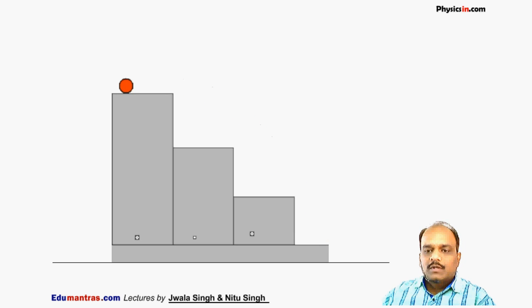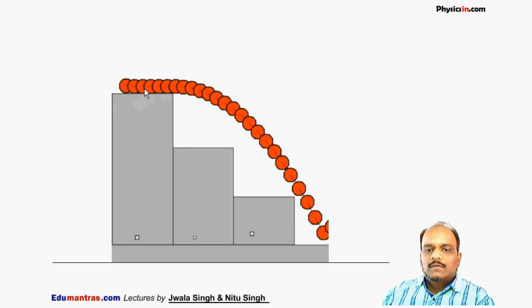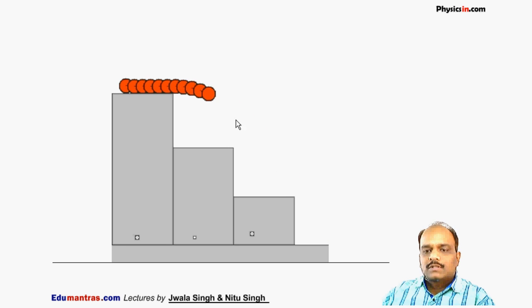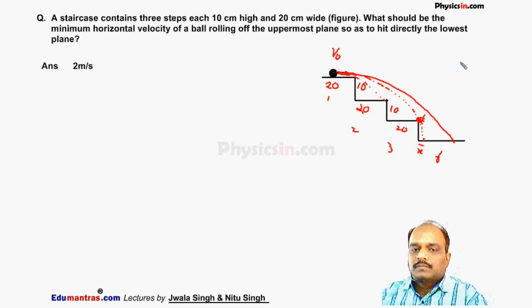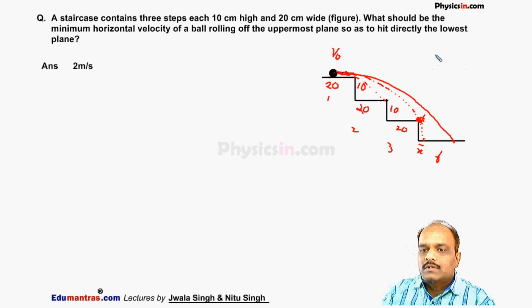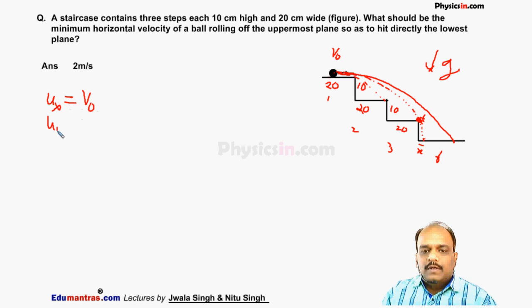When we project this ball, it moves on a horizontal ground. First it slides, and when we throw this ball, it moves horizontally on the first step and then it again starts falling. If it misses the third step, then it will fall on ground. So now in this situation, we know acceleration due to gravity is acting vertically downward. Let the initial speed of projection be v0 and uy is 0. So the total horizontal displacement of this projectile